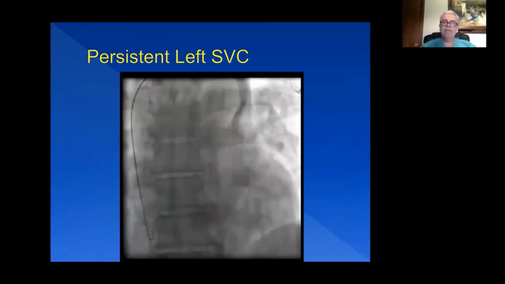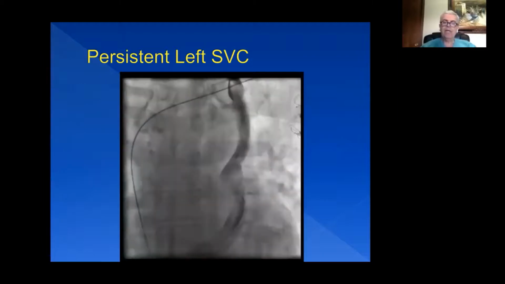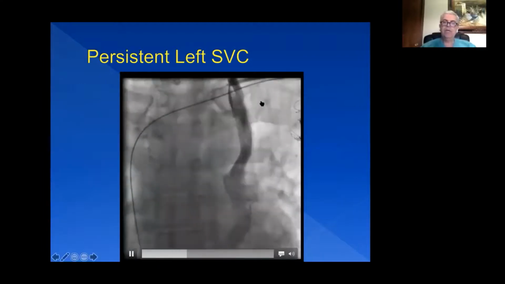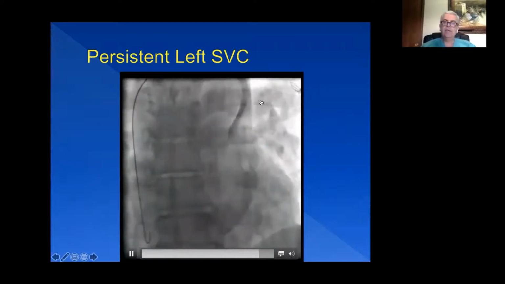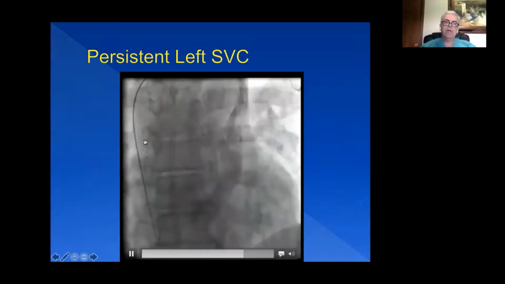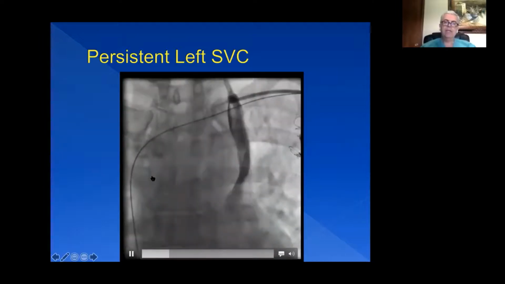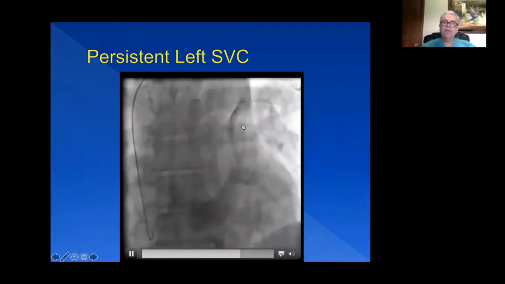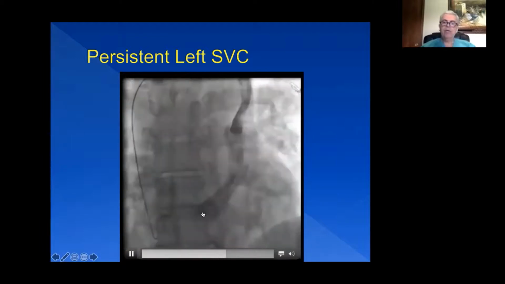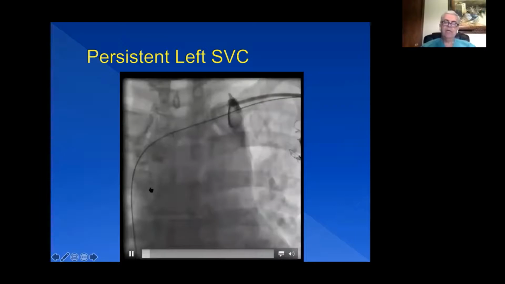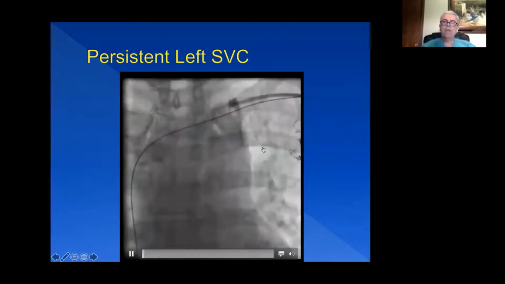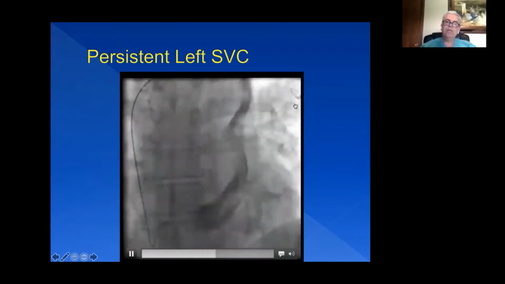When that vein persists, it looks like this when you inject contrast. So you can see, instead of the subclavian vein going across along the guide wire to the right side, it also goes down, and the vein is big, draining into the coronary sinus, into the right atrium, and causing the coronary sinus to be large. When we try to place a pacemaker, for example,